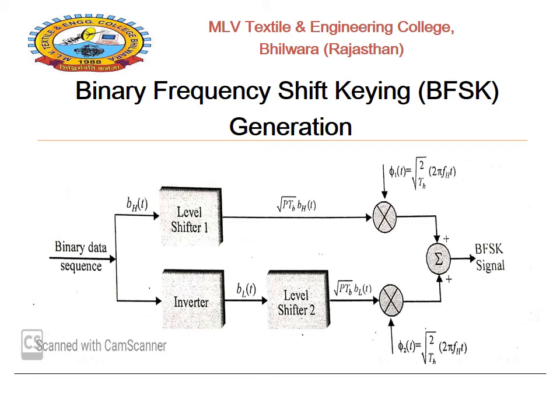which provides the lower frequency component. That is given to a similar level shifter and product modulator. Both are given to the product modulator, and finally the output of the product modulator is related to phi 2 of T. Phi 2 of T is related to FL of T. So the conclusion is that the upper section is related to FH of T, the higher frequency component, and the lower part is related to FL of T.